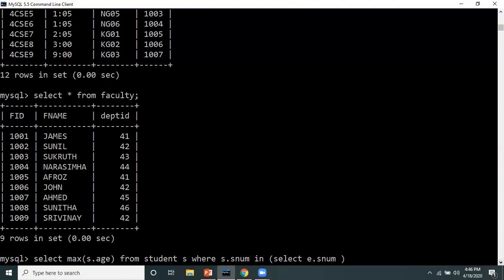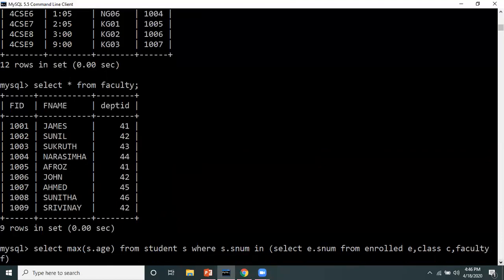Again, because we have to combine all and they do not have a direct connection, select e dot snum from enrolled e, class C, faculty F. Right?